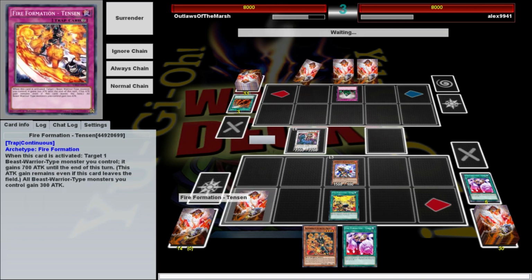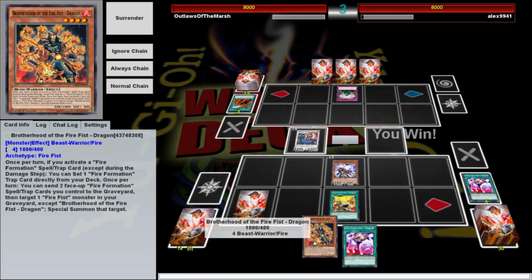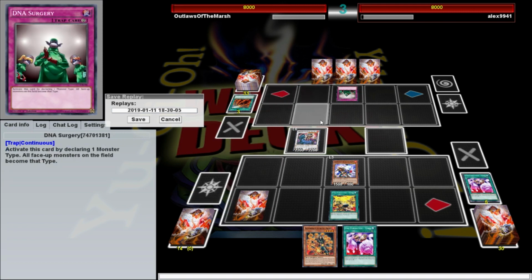I've got some stuff. This is something I play as a one of. You could search it with Dragon if he's on the field and you activate a fire formation, you can search a fire formation trap and set it from your deck. So I play 1 because this lets you target a monster, give it 700, and then all Beast Warriors gain 300. So whatever you target gets 1,000 total. But it's fine. I ruined whatever weird thing he was going to do, and we can just roll on into